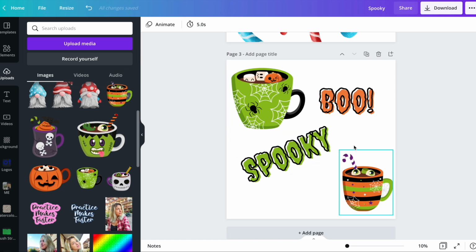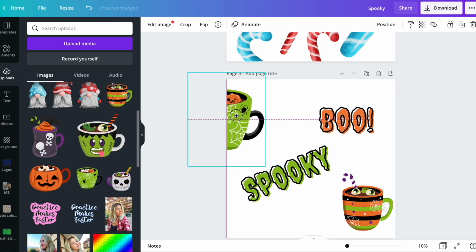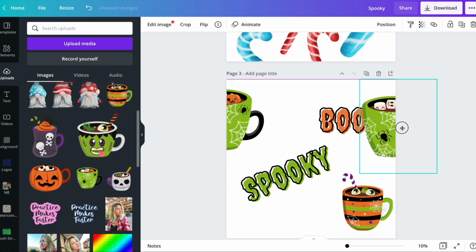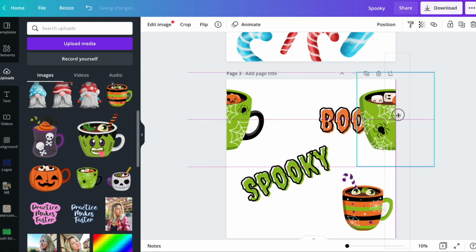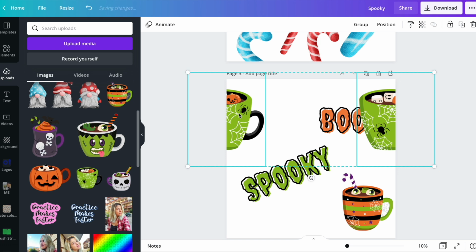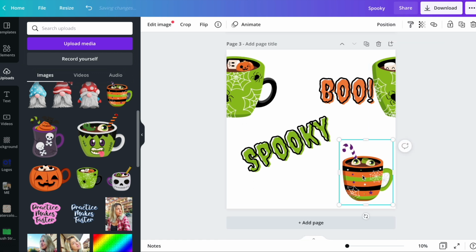And maybe I want to change the text to boo or something like that. And now I'm going to make a seamless pattern from this. So I'm going to grab this little mug here and wait for my center line, the big purple line that is consecutive. Copy paste this, take it to the other side. Check out, you see I have a center line here, and then when it merges with dotted lines throughout the other mug, I know that these two are the same, again while clicking the Shift key. And then I'm going to take this mug,